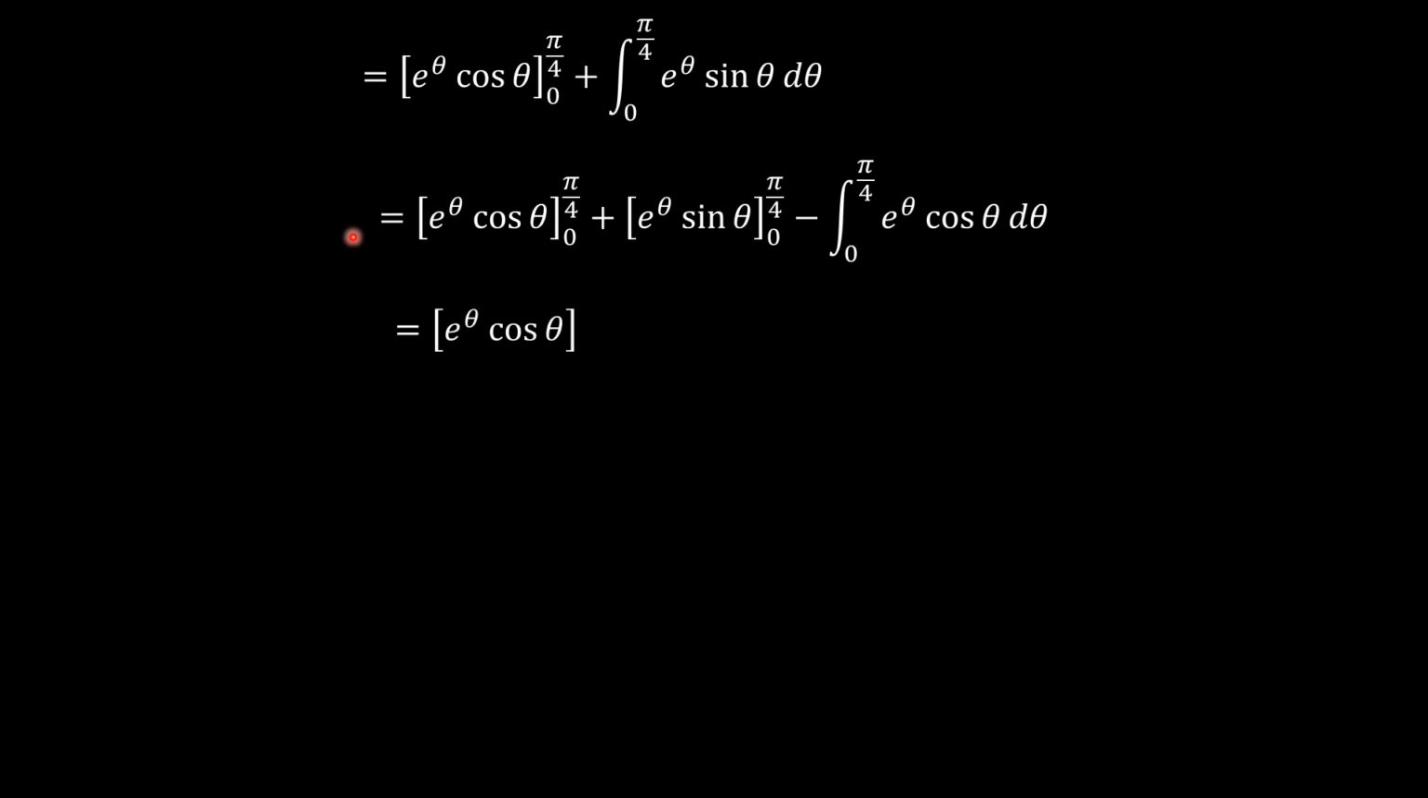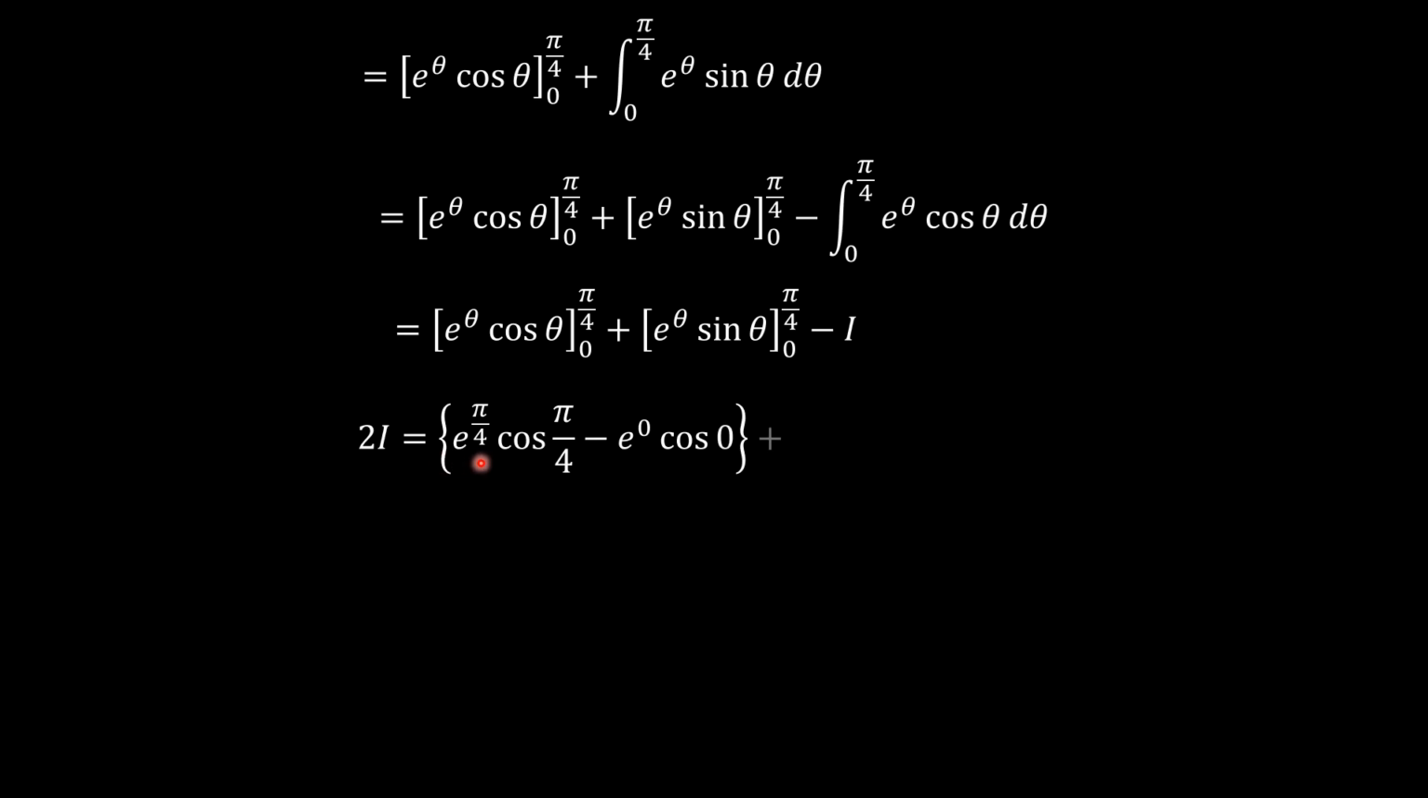So you can now take the I that is on the right hand side to the left hand side and make it 2I. So we have 2I is equal to the first limit as theta tends to pi over 4 of this expression, minus the limit as theta tends to 0 of this expression, and the same is applied to